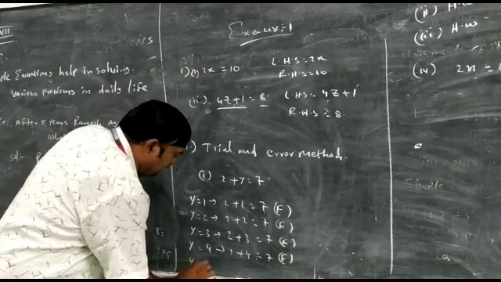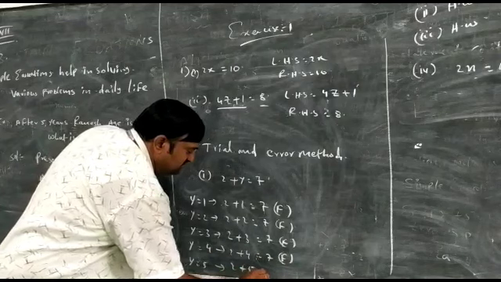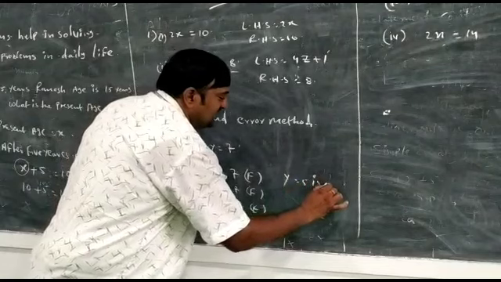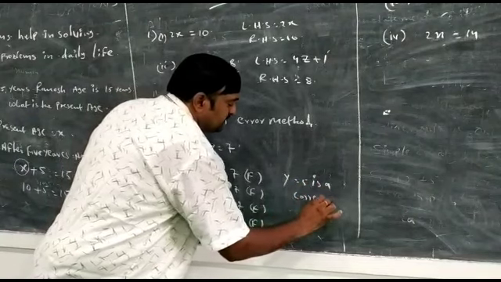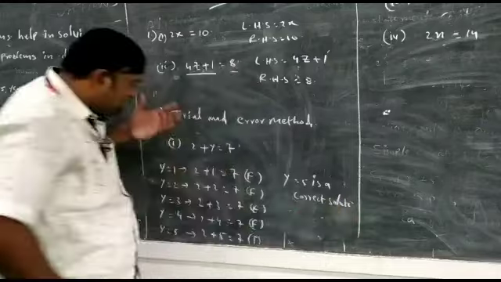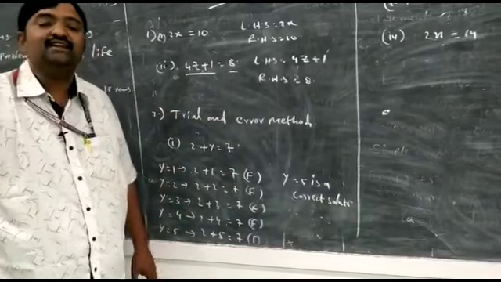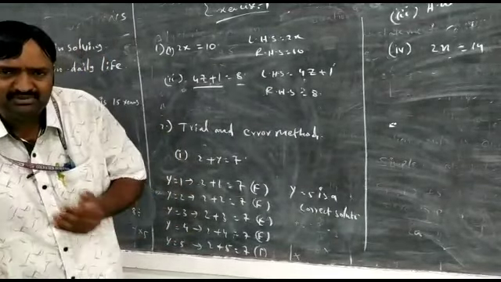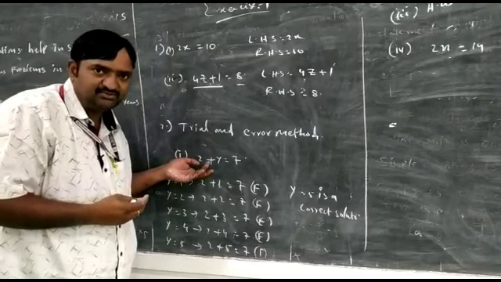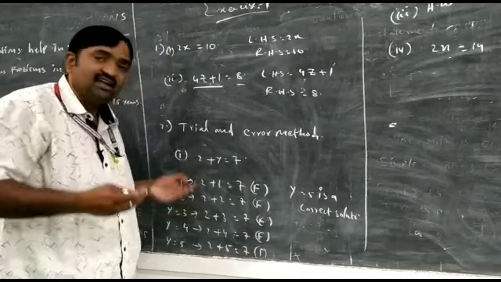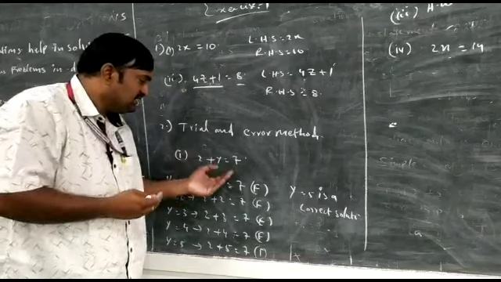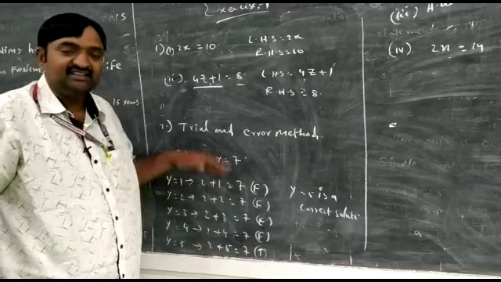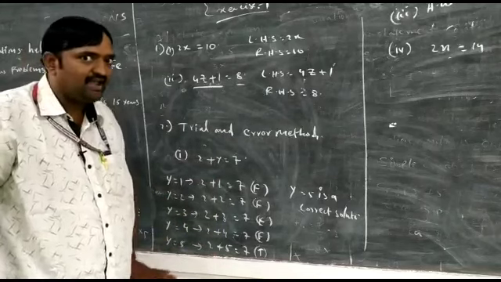y equal to 4, possible? 2 plus 4 equal to 7, false. y equal to 5, I am taking y equal to 5. 2 plus 5 equal to 7 is true. Therefore, y equal to 5 is a correct solution. In this pattern, the solving method is called the trial and error method. One by one, numbers 1, 2, 3, 4, you substitute into the given expression. Whichever number we substitute makes the answer true, that value is the correct answer. This solving method is called the trial and error method.